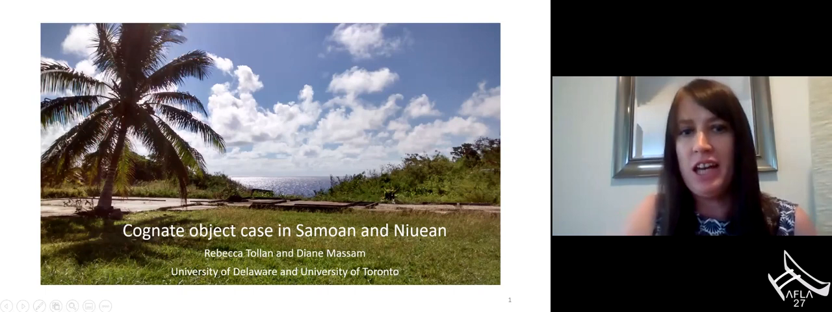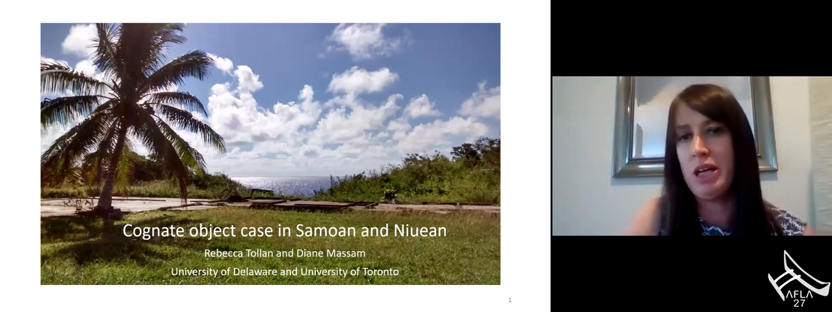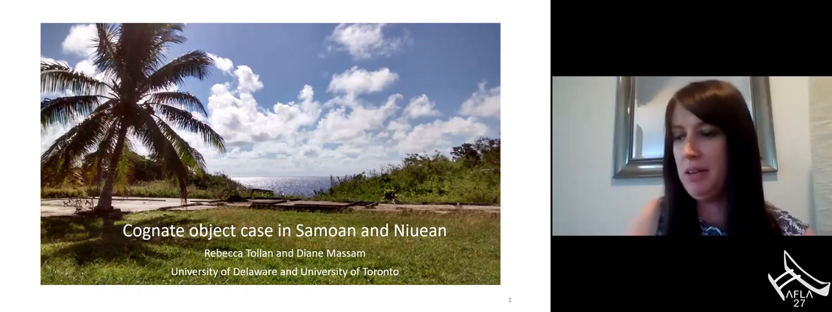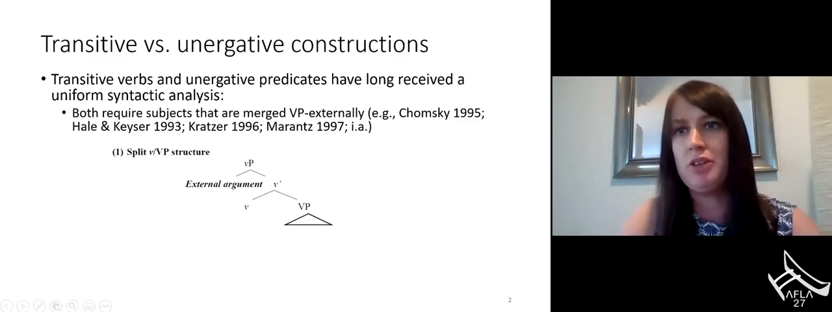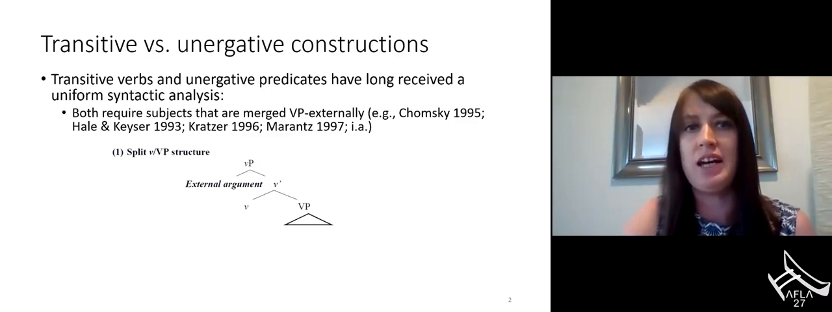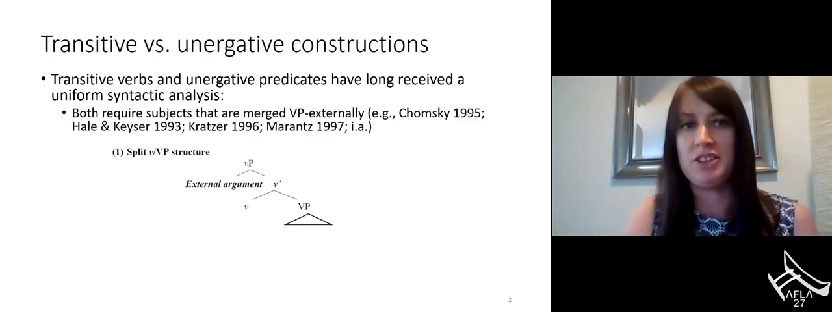Our presentation today is about the case of unergative objects, comparing the Polynesian languages Samoan and Niuean. Our starting point is this long-held view in syntactic theory that transitive predicates and ergative predicates have something of a uniform syntactic analysis, in that both require subjects that are merged VP externally, as